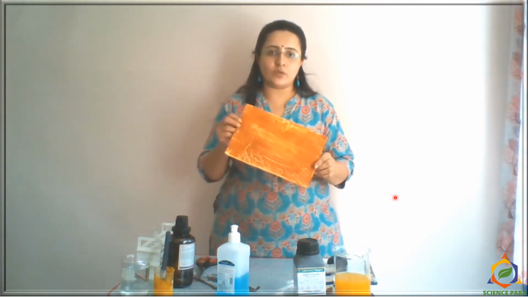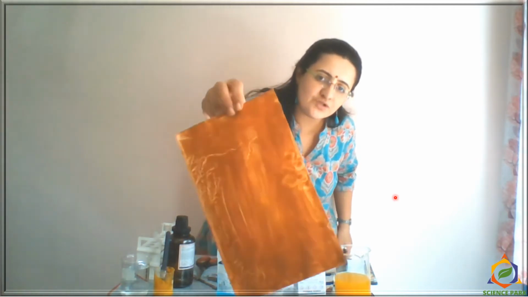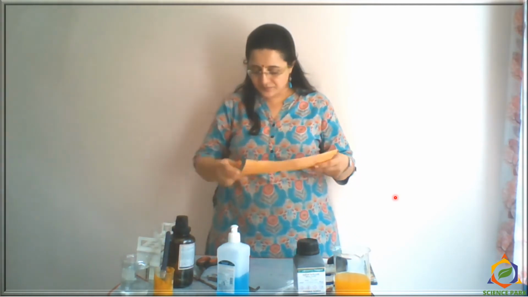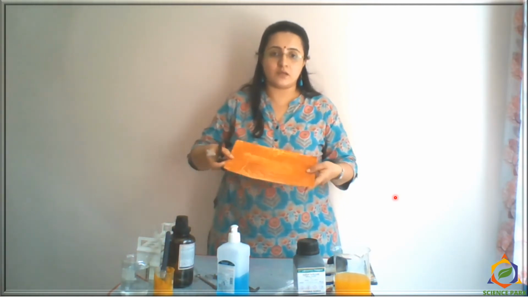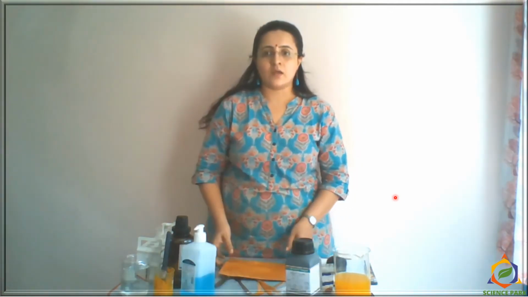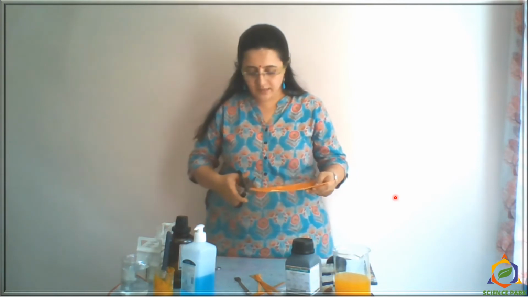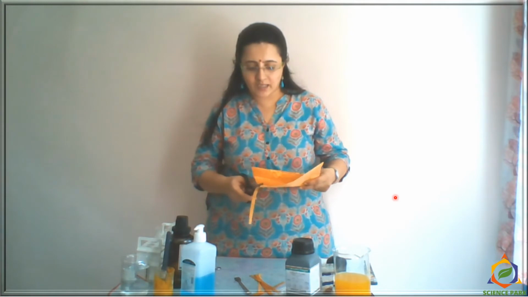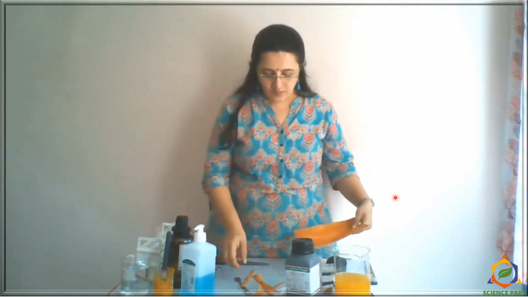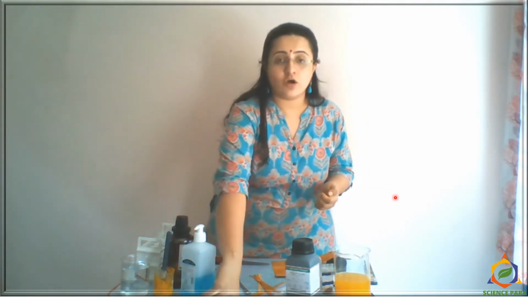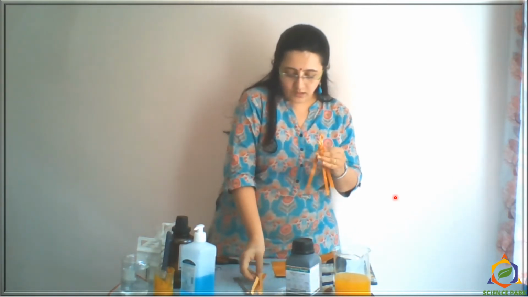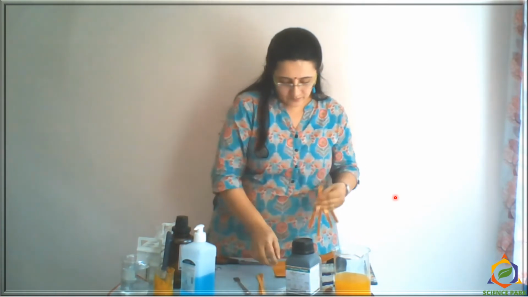Okay, let's start doing it. Now this is our paper, which is now dried completely, turmeric paper. Now I will cut this paper into strips, long strips of paper. Okay, now I'll start cutting it in very thin strips so that I can put the entire strip in test tubes. So I have deliberately cut all the strips very thin and long. So I have a total of 7 strips now. So I'm keeping it here.